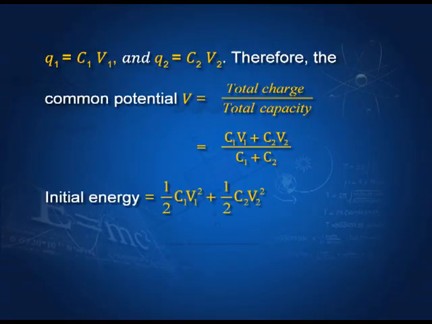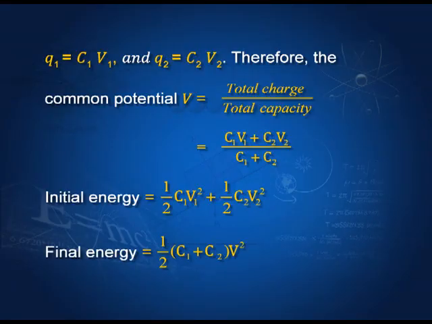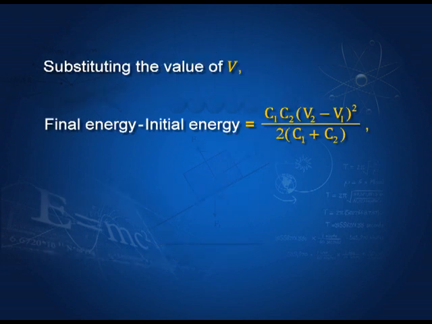Now, the initial energy is half C1 V1 squared plus half C2 V2 squared, and the final energy is half (C1 plus C2) into V squared. And we can substitute the value of V from here, and then we can find out the difference between the final energy and the initial energy. If you do some algebra, you will see that the difference between the final energy and the initial energy is this,